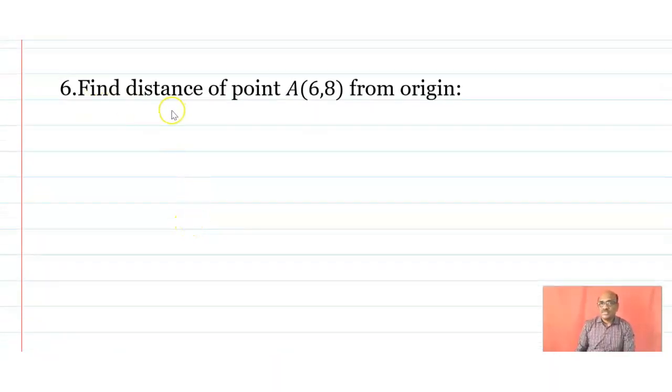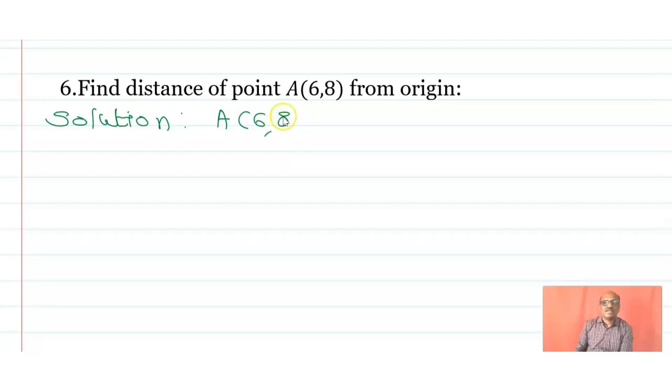Find the distance of the point A, whose coordinate is 6, 8, from the origin. Okay. This type of question was done earlier. Now here the solution. Okay. Now the coordinate of A is 6, 8, and suppose the origin is stated as O, whose coordinate is 0, 0. The distance from the origin, that is the distance AO, is equal to the square root of,